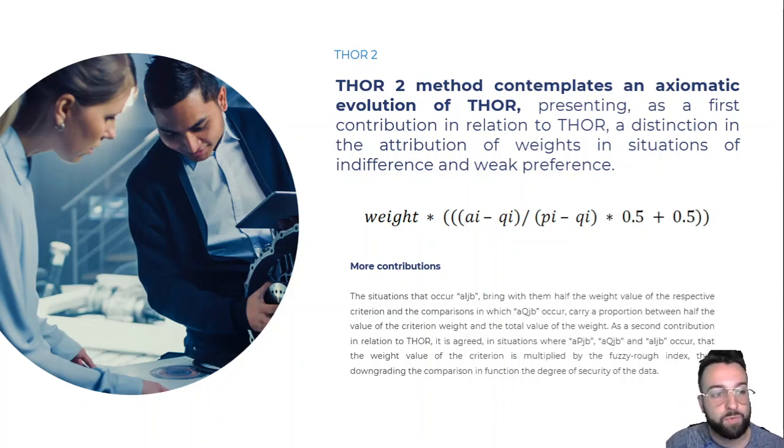In this way, THOR 2 represents a significant contribution in this respect, since all of the uncertainty present in the attribution of the classification of alternatives and weights is quantified. This functionality allows that, in the lack of data to fill in the classification of the alternatives and weights in the decision matrix, it is possible to estimate the data and assign a low pertinence value, degree of security, for that data. In this way, the elimination of the alternative or criterion is avoided due to the lack of data. Thus, even if there is a score gain, the weight is downgraded by the degree of an existing inaccuracy.